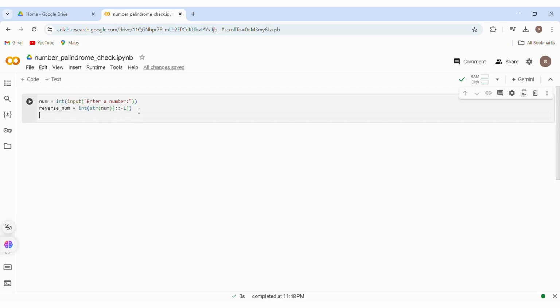Next, we need to check whether the number and the reverse number are same or not. For that, if num double equal to reverse_num,